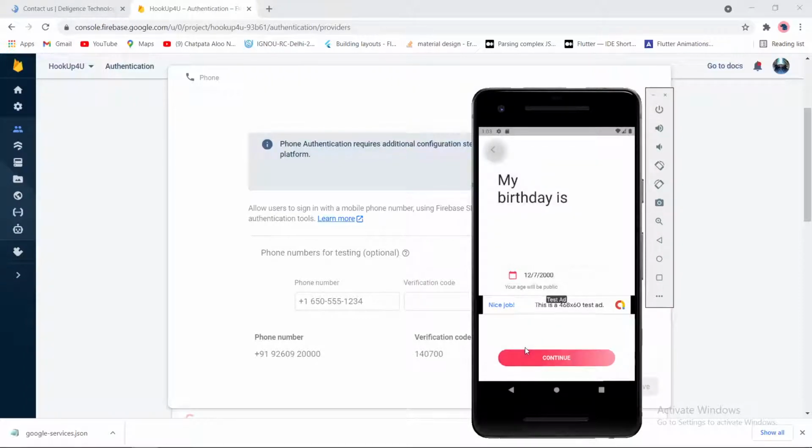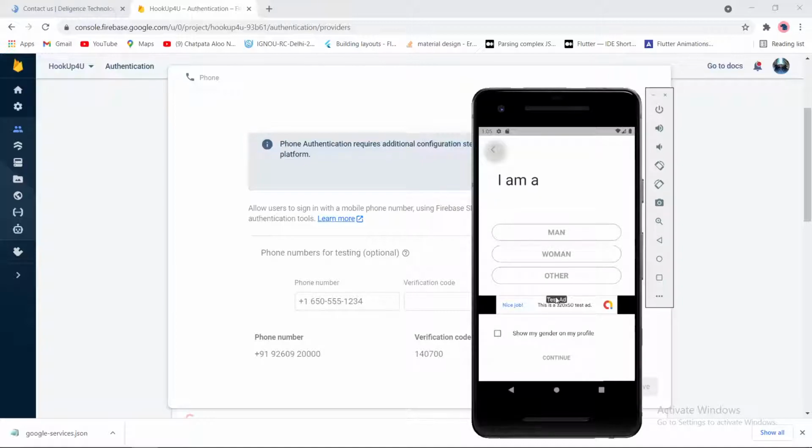I'm going randomly. Make sure whatever age you choose is greater than 24 or 25. I will provide the exact numbers, but right now I'm choosing 1990. I'm a man.